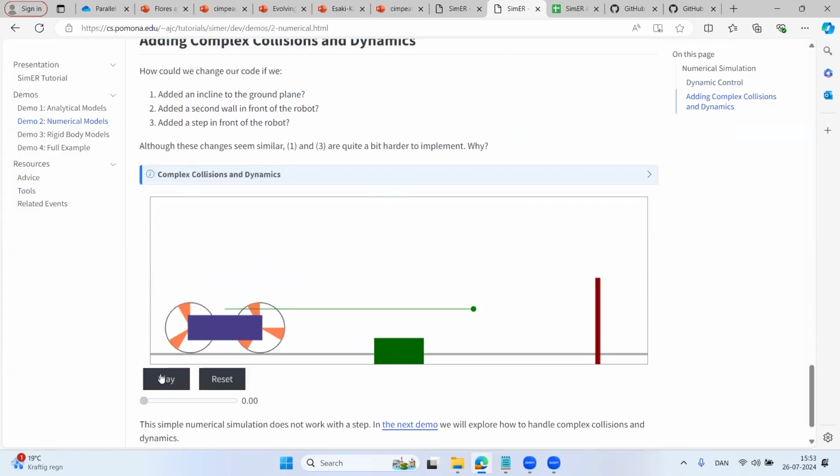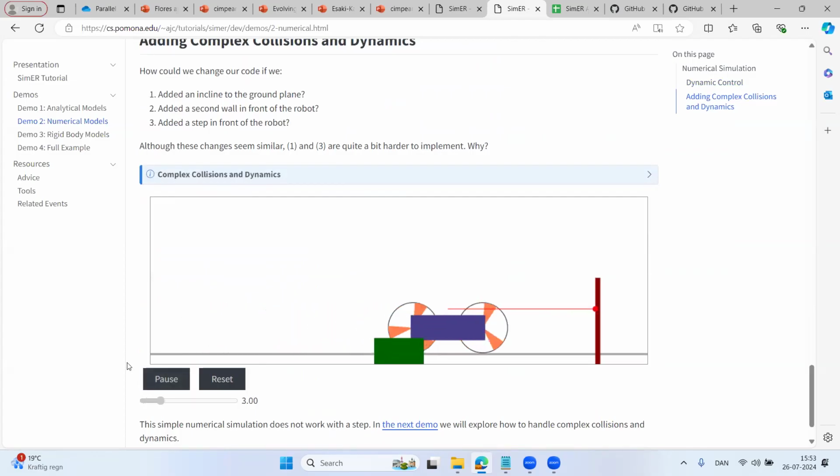Okay, so what if I wanted to add this step and have it go over this green step? That's not supposed to be in the foreground. It just goes through it here because I'm not actually simulating it. What if I want my simulated robot to actually climb over the step? You can do that with everything that we just discussed. Not necessarily an Euler integrator, but RK4, for example, can handle this.